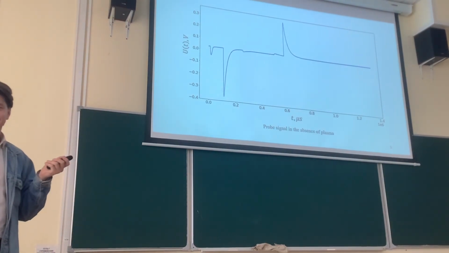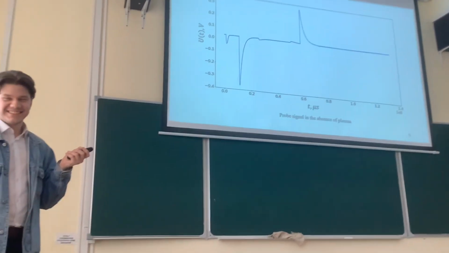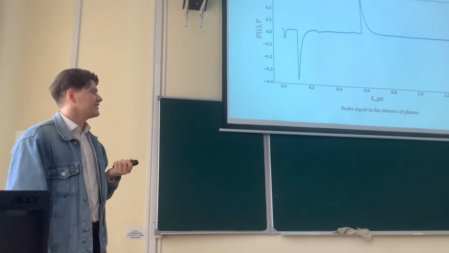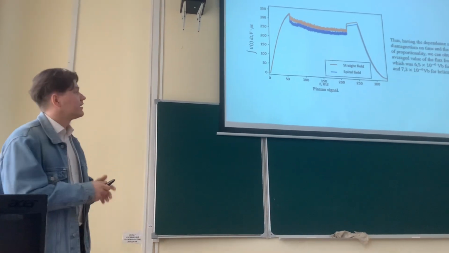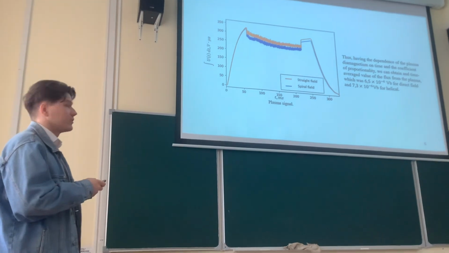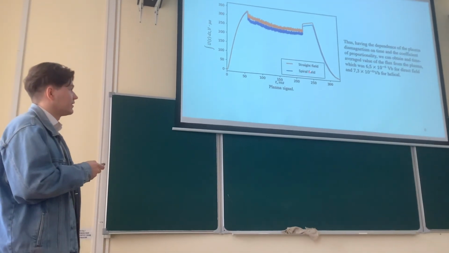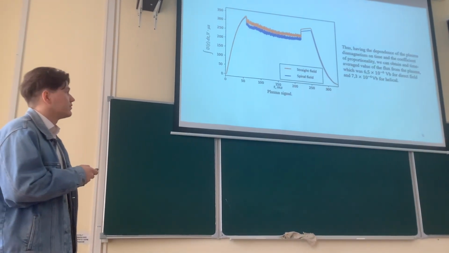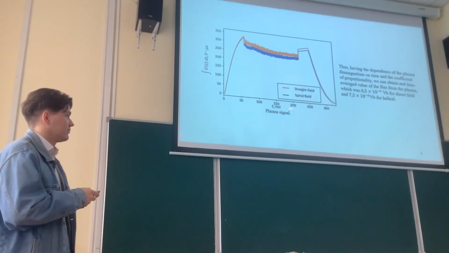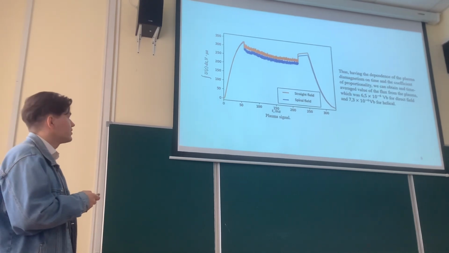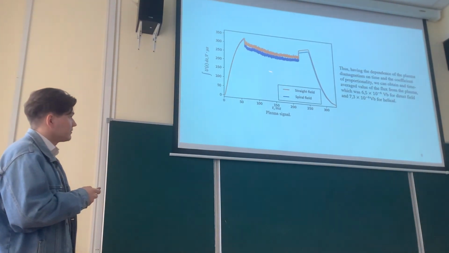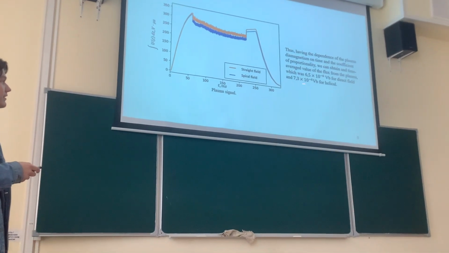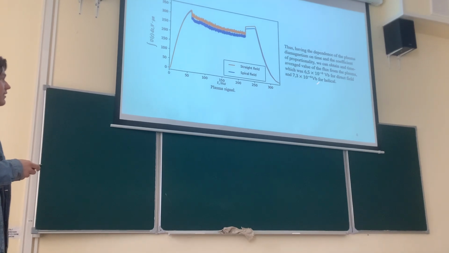With that graph, we get the coefficient, and then with the experiment with plasma in different regimes of magnetic fields of the installation, we get this graph, and then we calculated the magnetic flux